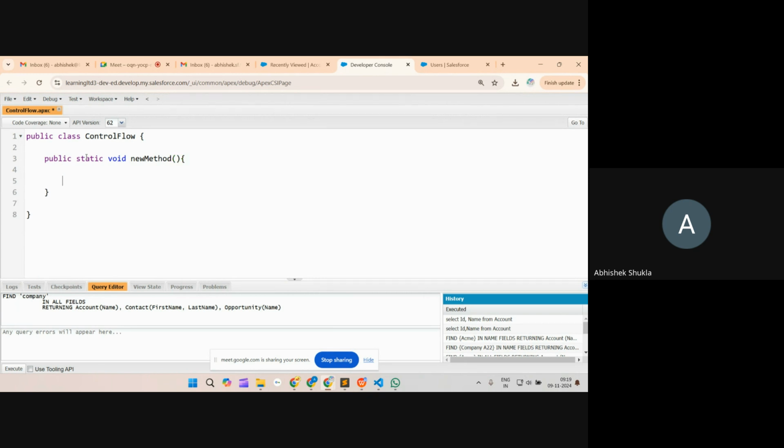If you guys remember, that's how you structure your class, right? First your class initialization, then your method. Okay, so we'll be checking here,